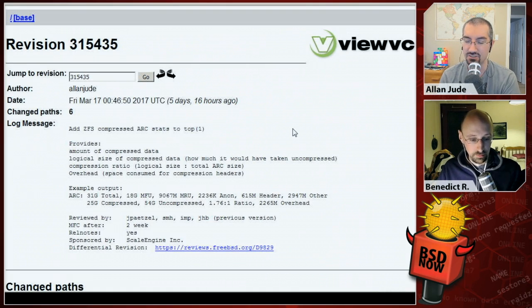But the idea there is just to avoid decompressing the same file multiple times a second if you're using it that much. But because LZ4 is so fast, you're doing gigabytes per second per core, it doesn't really hurt to have to decompress the cache many times. So anyway, it means that the same amount of RAM will now cache more files if your files are compressed on the disk. So on my build machine, where I have many copies of ZFS checked out and so on,